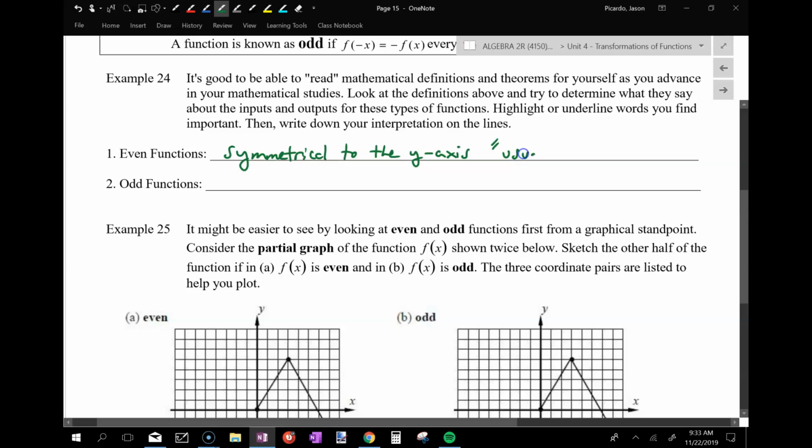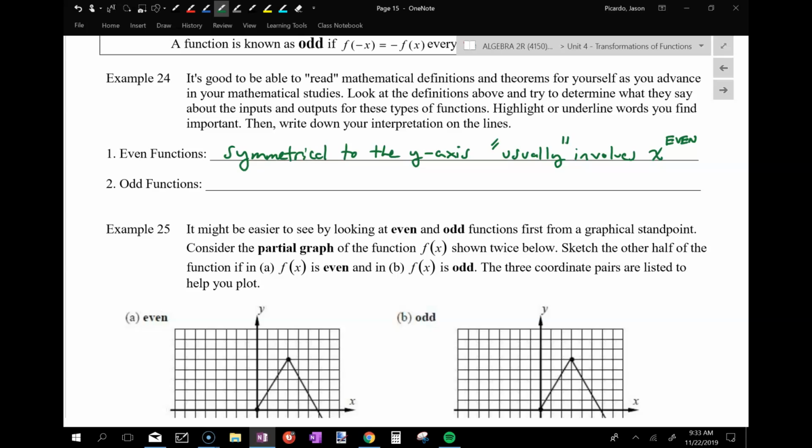It usually involves x to an even power. Now, guys, when I say usually, understand that it means just that. It's usually going to involve x to an even power. In a minute, we're going to see something that doesn't involve x to an even power, that is an even function. Okay? An odd function is going to be something that is